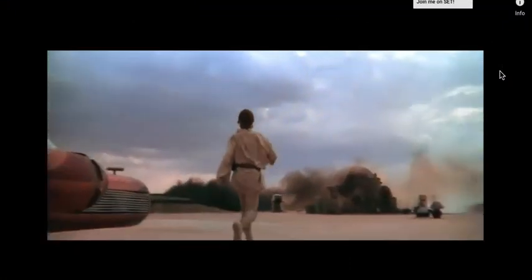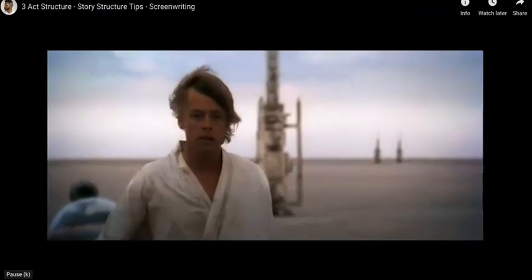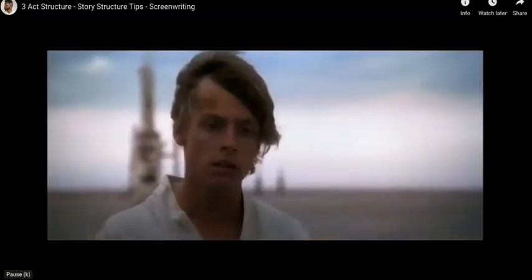In Star Wars Episode 4, this is when Luke comes home and discovers that his family has been killed by stormtroopers, resulting in his desire to follow Obi-Wan Kenobi and learn to become a Jedi. Sorry, I should have said spoiler alert. But if you don't know that now, you're pretty behind the times at this point.